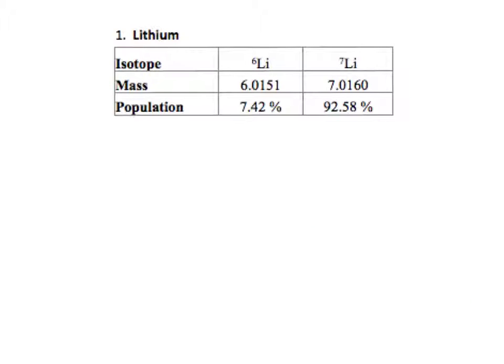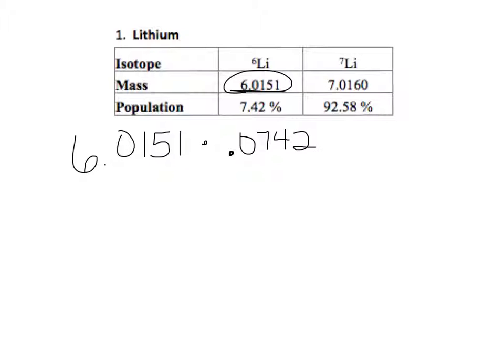We'll do one more, and then we'll let you practice on your own. So we'll take lithium-6. Again, the mass of lithium-6 is 6.0151, and we multiply that times the population of 7.42%. So again, we move that decimal. A lot of mistakes are made moving that decimal and not realizing that you can't just put .742. You must get that 0 in front of there. So if we go ahead and multiply that out, we're going to find that it comes to